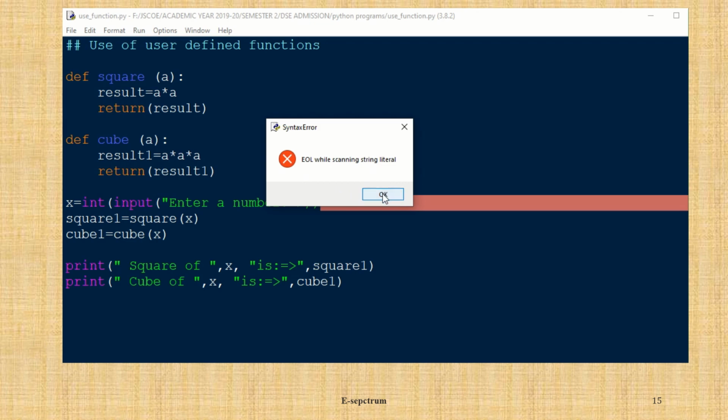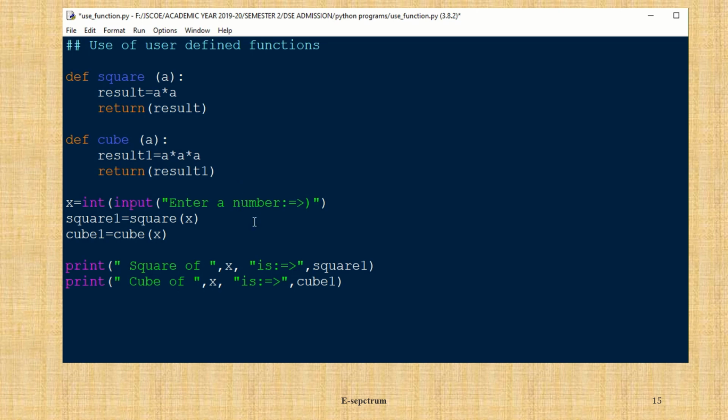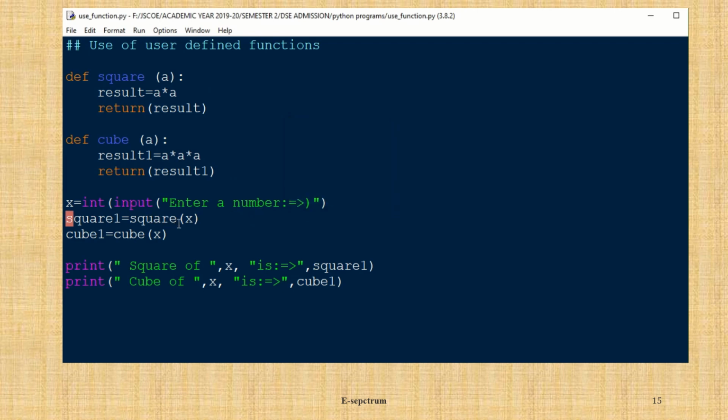So what it is showing, the error, that is end of line is not complete. So here the input should be terminated, input function should be terminated with double quotes. So if a double quotes are complete, now run it. So it is saying invalid syntax.